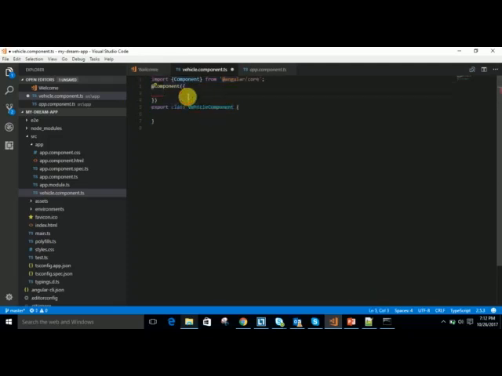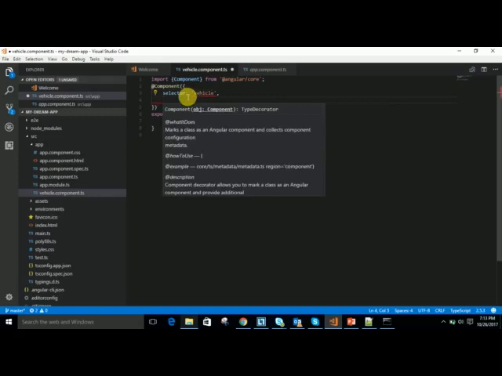To define metadata, we can set our options like the selector option. The selector option tells how you can use it in the HTML page. You need to define a selector connected with your component. Wherever you render that element with the selector name, your component will be rendered in that particular section. So let's define our selector with the name vehicle,